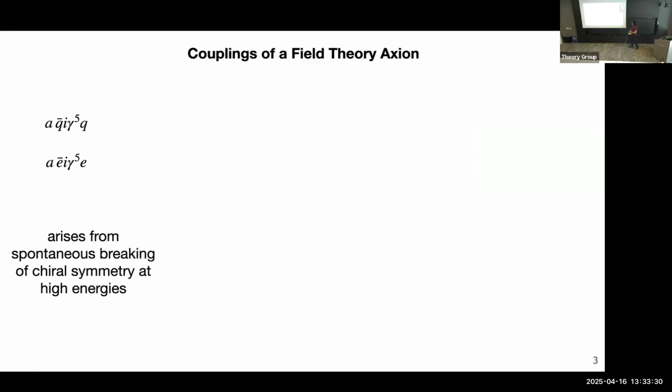Let's suppose we were looking for the axion, which is motivated for various reasons. And so if you had an axion that arose in field theory, then here's a standard way that would happen. What would happen is that you would begin at some very high energy scale with the spontaneous breaking of some chiral symmetry, usually called Peccei-Quinn symmetry. And this would give you some Goldstone boson called the axion with couplings to fermions that are of this form.